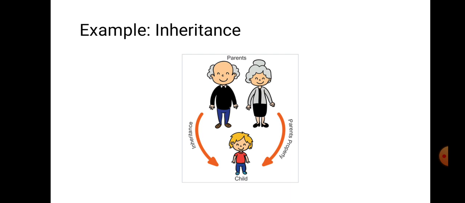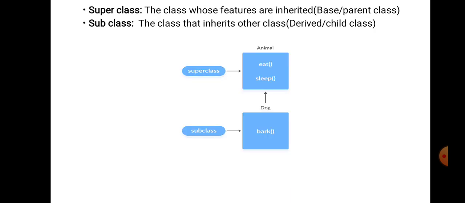We are taking some of the features of an already existing class into a new class. Or say that there is some land which is in the name of the parents, and when the parents' property is applied to a child's property, we call it inheritance. The class whose features are inherited, we call that class a base class or parent class, that is superclass. Superclass is nothing but the class whose features are inherited, that is the already existing class. And when we create a new class that inherits another class, it is called a subclass, that is derived class or child class.